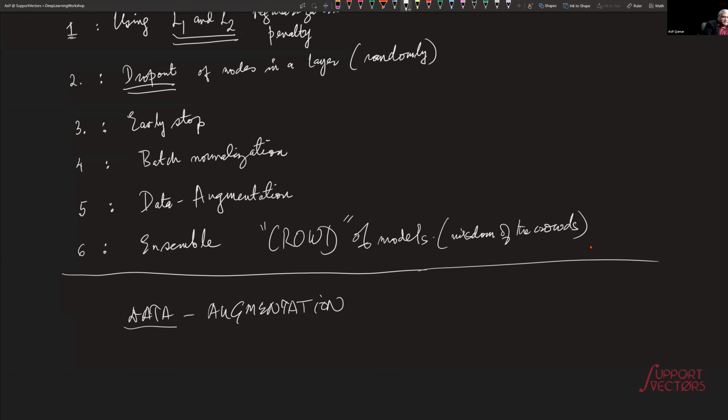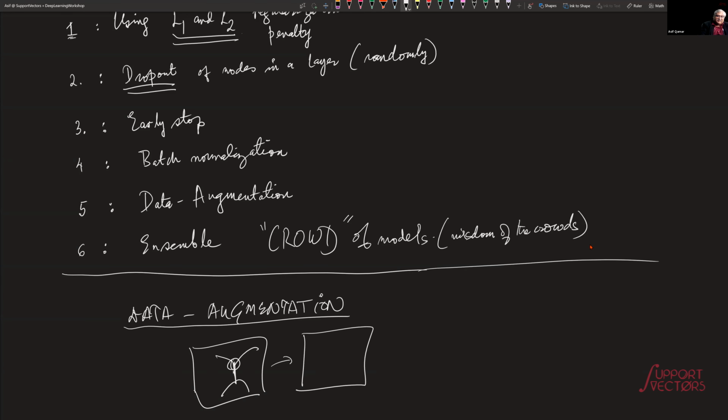of data augmentation. One is to literally go out in the field and get more data. But if you can't get data, somehow generate more data. Let's say that you have an image. You have an image of a person, let's say this is a person with his hands raised. So what you can do is you can create one more data point by having this guy stand on